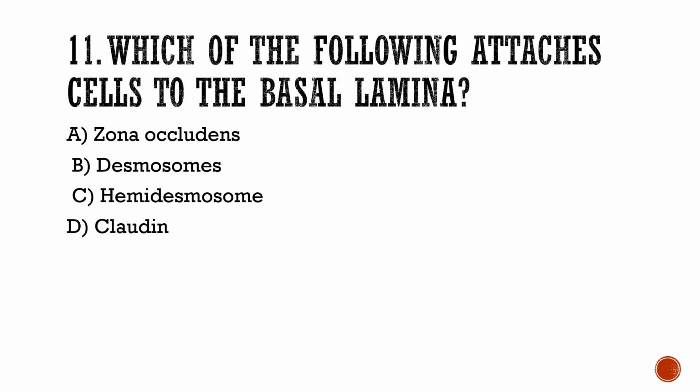Which of the following attaches cells to its basal lamina? Cell to its basal lamina. Zonula occludens, no. Desmosomes, hemidesmosomes, claudin. Yes, the answer is hemidesmosome because desmosome is present between two cells. Zonula occludens is also present in between the two cells. Claudin is a cell adhesion